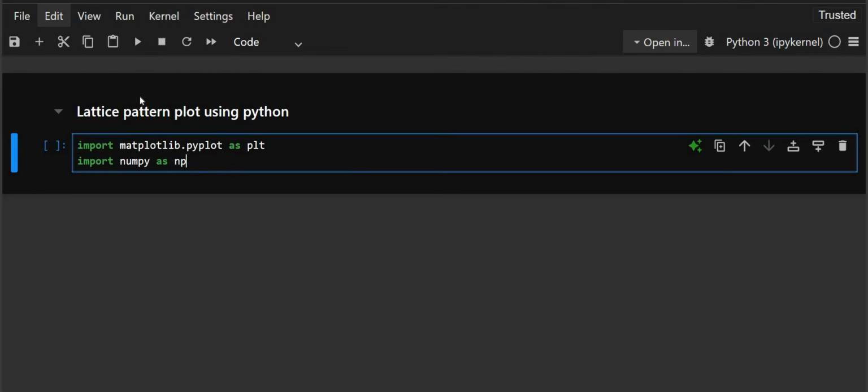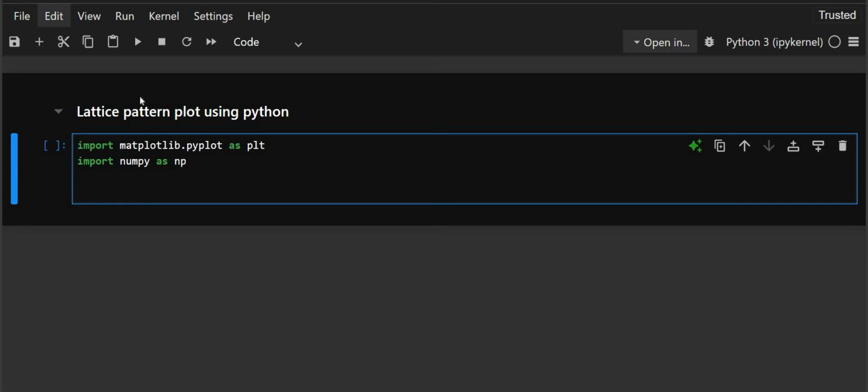So here NumPy is used for numerical operations, especially for creating a grid of points, and matplotlib.pyplot is used to visualize the pattern. And now we'll create a square grid using meshgrid. So for that we'll write